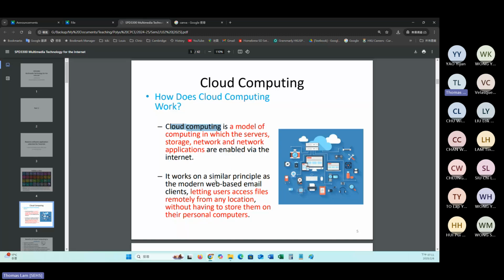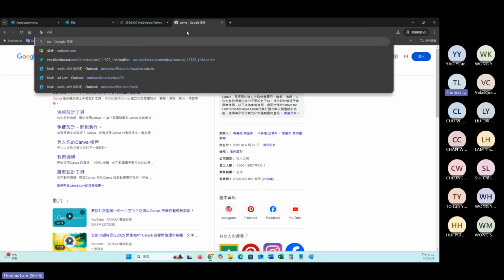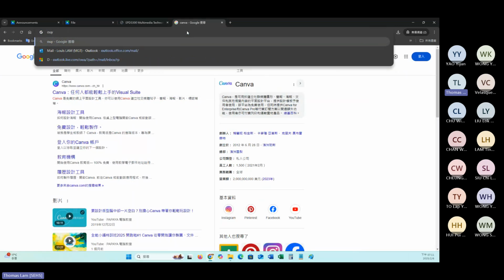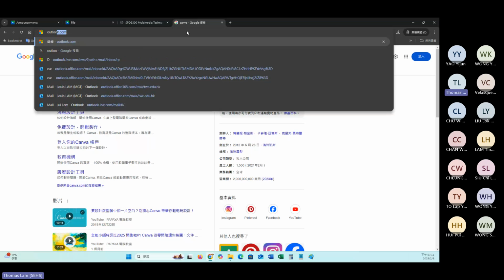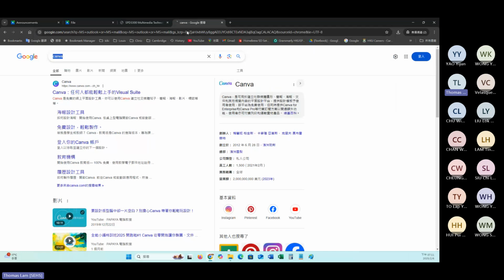And again, another obvious example is the online service. In the past, when we used email, we may have used software like, I don't know whether you use this, Microsoft Outlook, or the Microsoft Mail, something like this.